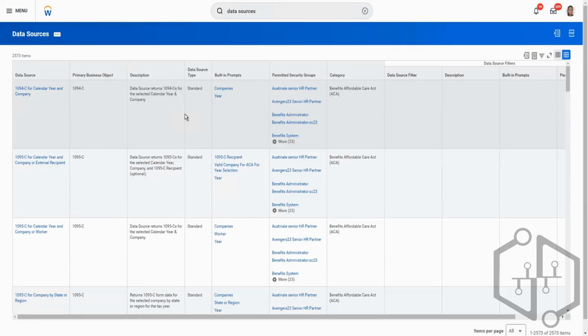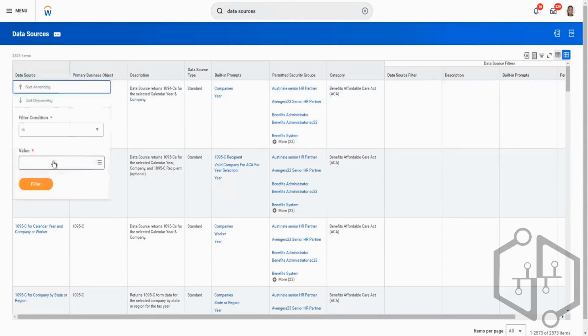So in case of, let's say, worker is a primary business object, there are other business objects like dependents when I talk about the worker. So dependents is a related business object in terms of primary. Dependent is also a business object on its own, but they only become primary and secondary when we talk about it in terms of the data source. So if I just query some of the data sources here,